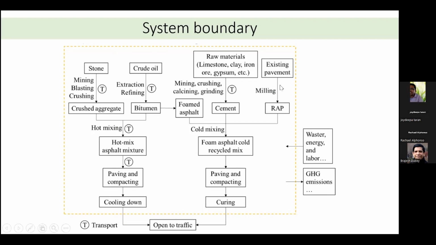If there is an existing pavement, you dig it up during repair and rehabilitation and reuse it. Nowadays, there is a concept called full depth reclamation, which is gaining importance in the Indian context. They instantly do the grinding and immediately lay the complete road. So the variation between in situ full depth reclamation and laying a new road can be a very good study to understand. Once that is done, there are 2 modes, hot mixing and cold mixing, different methods of mixing all these materials and paving the roads. Each and every stage has to be taken into consideration.